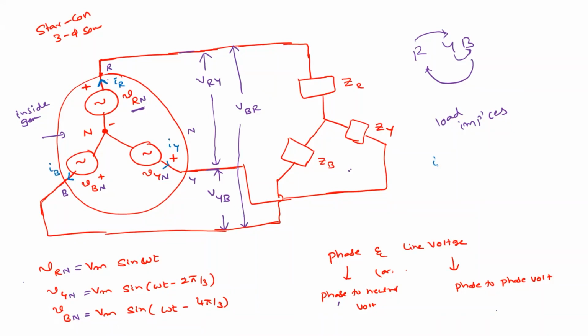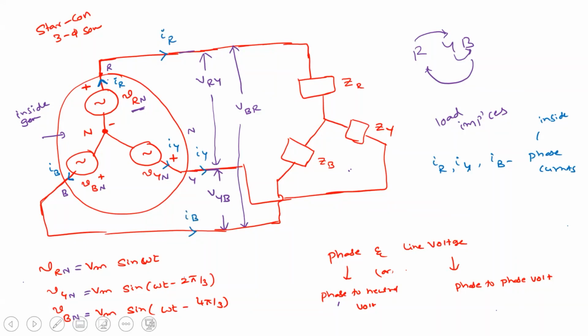So these IR, IY, and IB are known as phase currents, right? That is inside the machine. Whereas these currents are outside the machine, since it's a series connection. Whatever current is there, both are the same, right? Agree? So there is no change here. So this is also known as IR, IY, and IB.